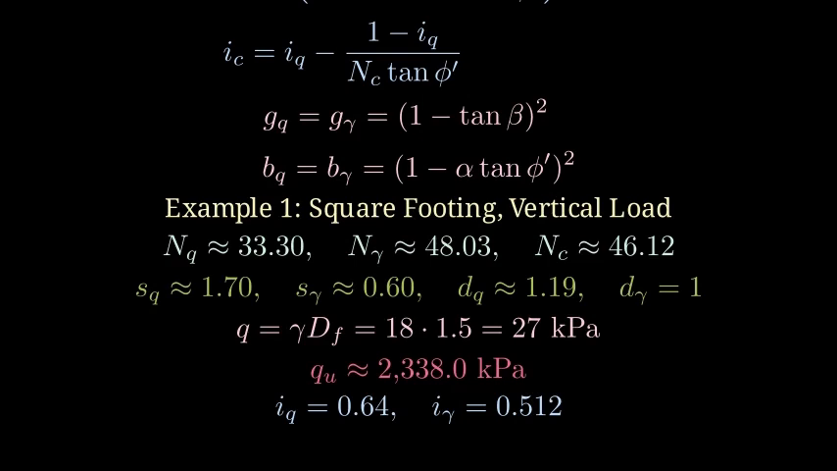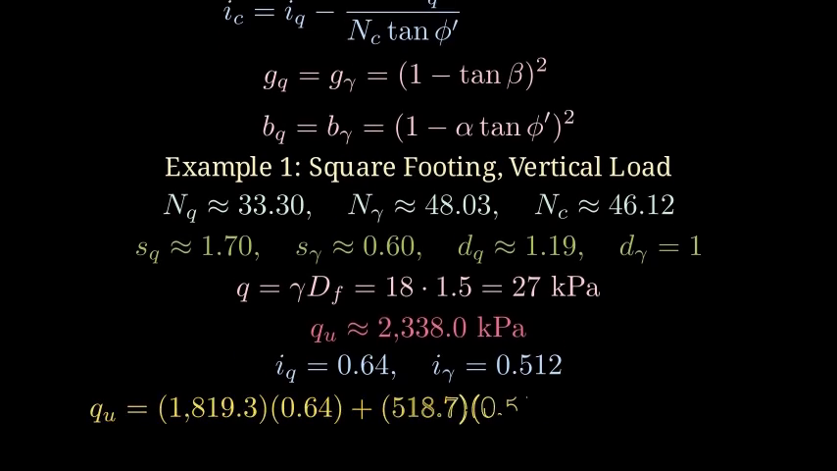Now consider the same footing but with a horizontal load of 200 kilonewtons and a vertical load of 1,000 kilonewtons. The ratio H over V is 0.2, and with 2 as the exponent m, I sub Q becomes 0.64, while I sub gamma becomes 0.512. Multiply the previous contributions by these inclination reductions. The cohesive term still vanishes, so the QB term becomes 18.700 by I sub Q, and the gamma term by I sub gamma, giving Q sub U about